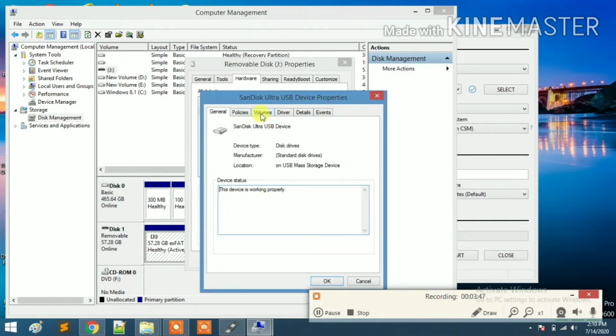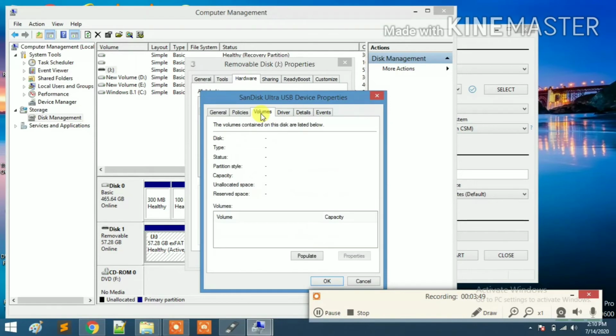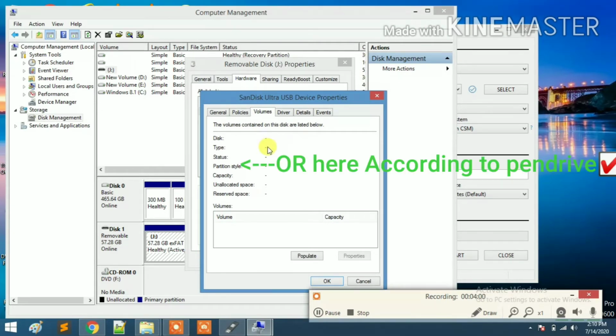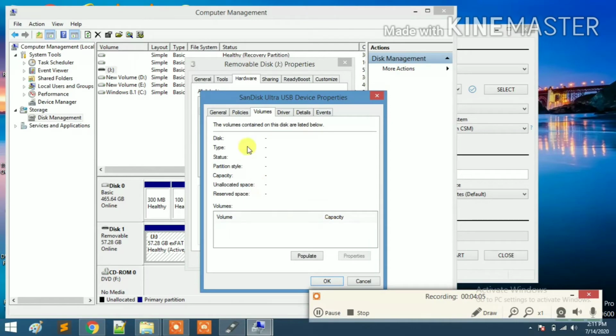here is an option, Volumes. When you click on it, if your pen drive is somewhat old, then the partition scheme is defined here, type GPT or MBR. It can be one of them.